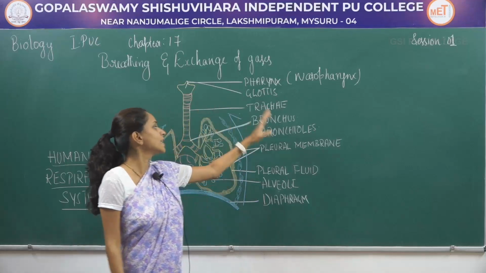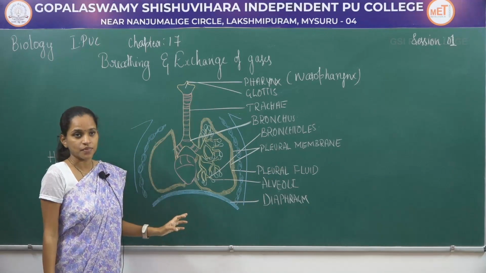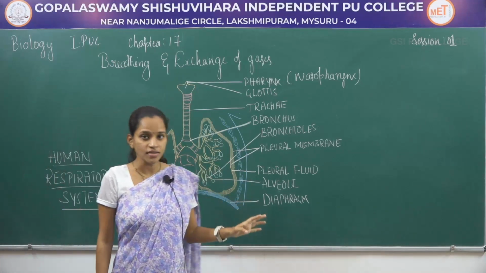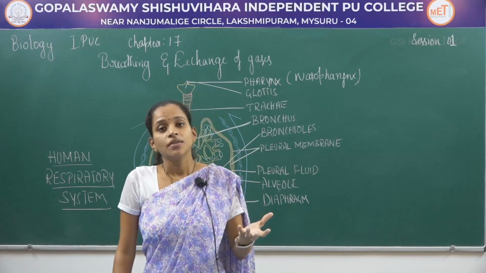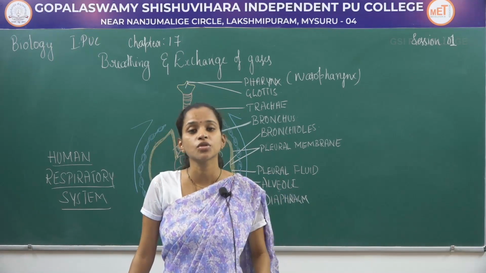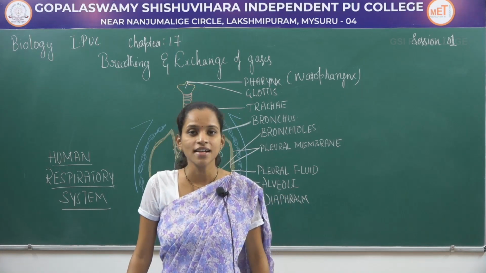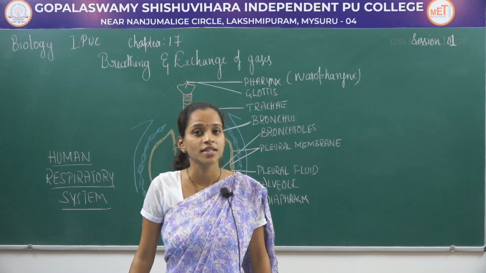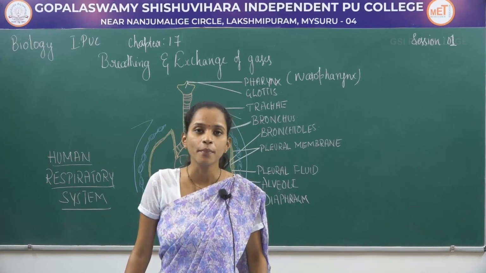So, that is about in detail the human respiratory system. So, that is about the pair of lungs, how the air gets transferred inside, how there will be alveoli which help in exchange of gases, and how there will be protection of lungs on ventral, dorsal, lower as well as lateral region. So, that is about the human respiratory system. Next we will study about the mechanism of breathing.